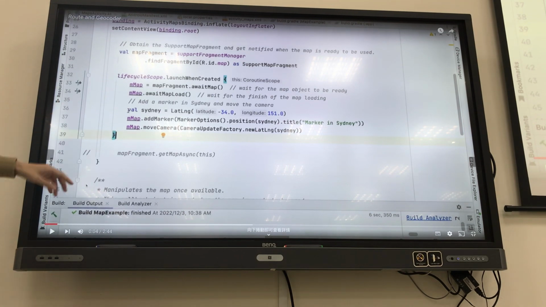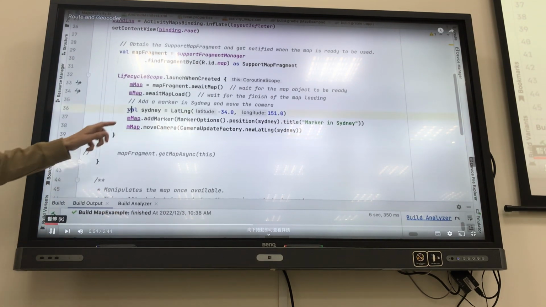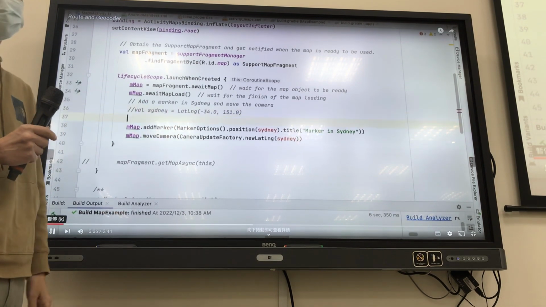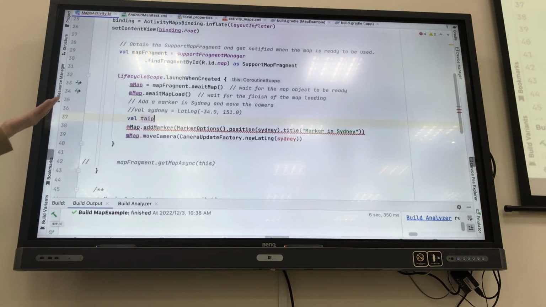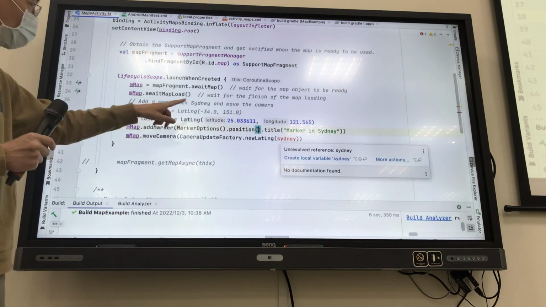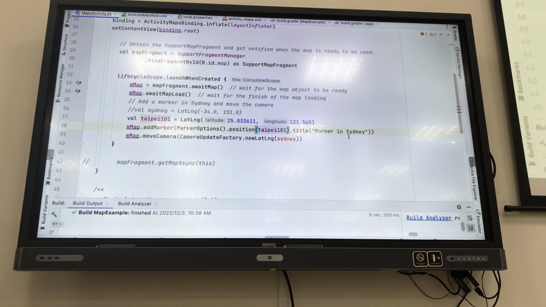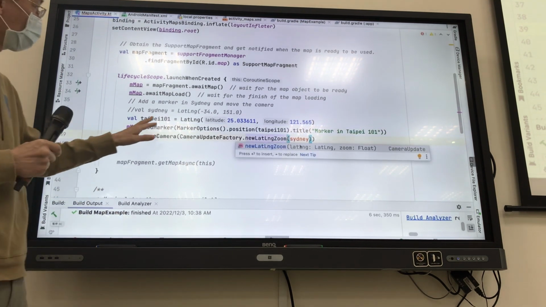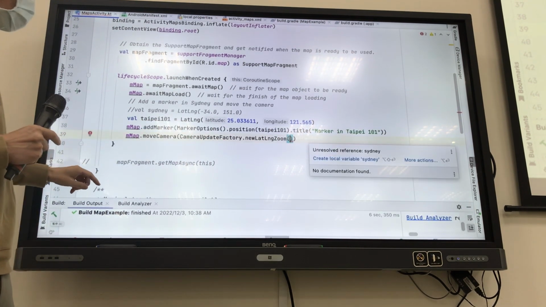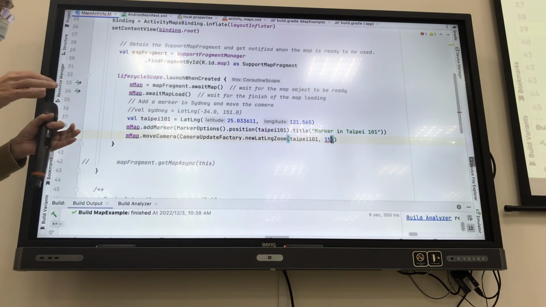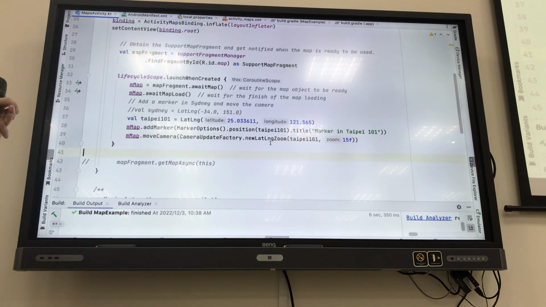So let me try another case. For example, I want to display the Taipei 101. However, I don't know the real position for Taipei 101. So here, I apply the address. Before giving the address here, you can see here, sometimes I want to change the